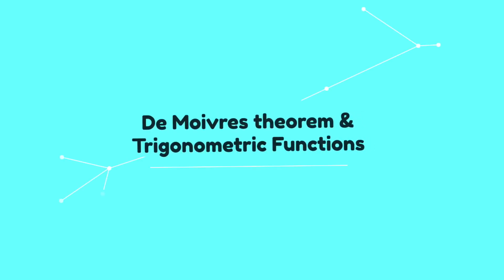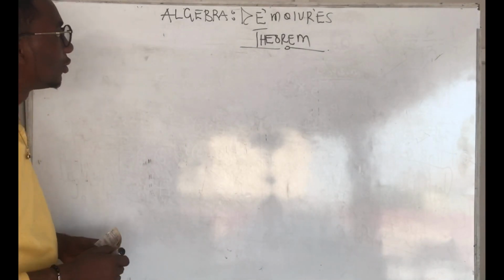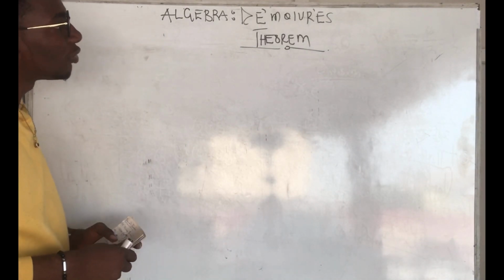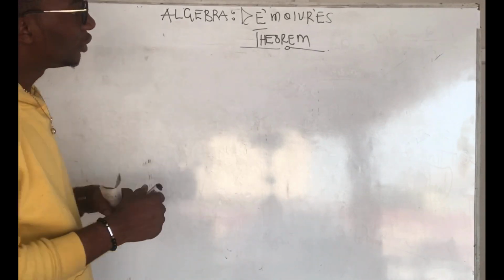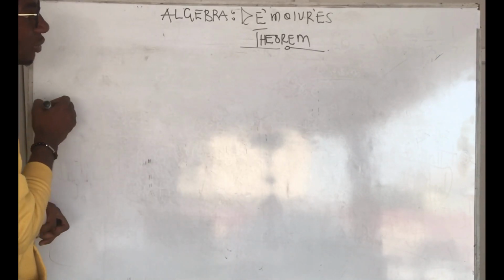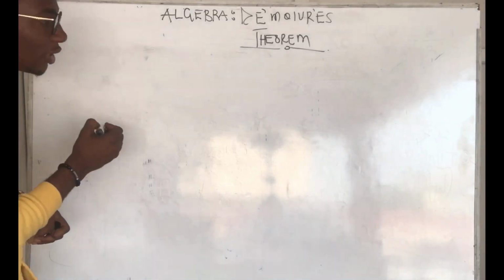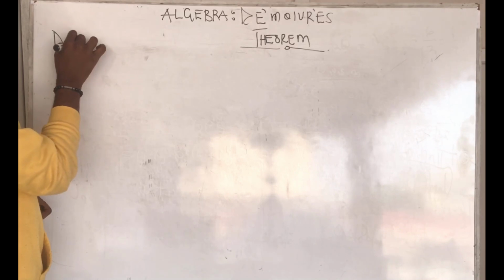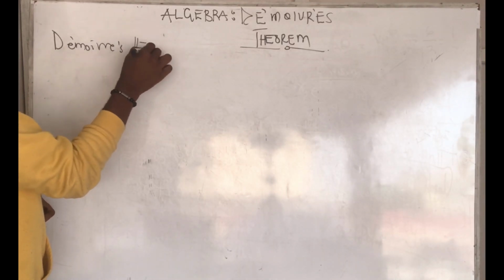De Moivre's theorem and trigonometric functions. All right, today we want to look at algebra, De Moivre's theorem. Take note that De Moivre's theorem was derived from the polar representation of complex numbers. De Moivre is a scientist, so his theorem was actually derived from